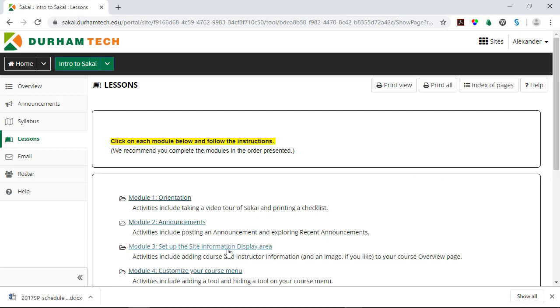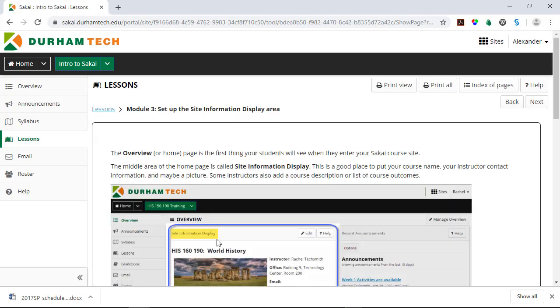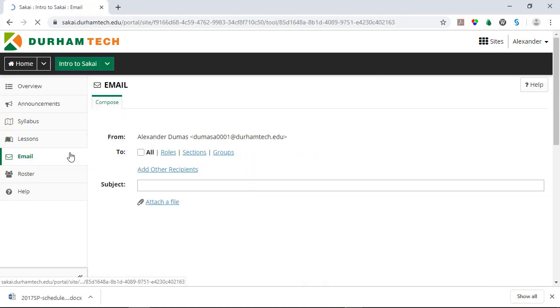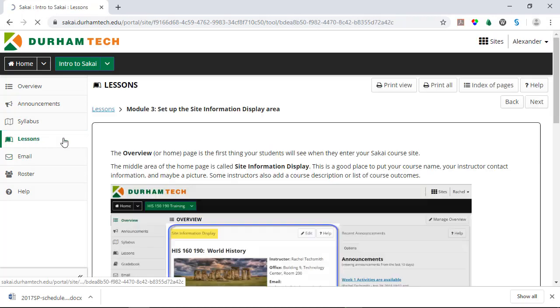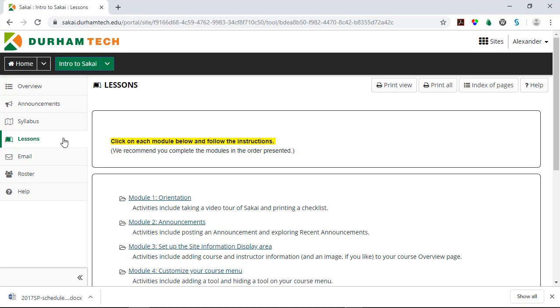When you drill down into an area, such as Lessons, and then you go to another tool and come back, you'll come back to where you left off. This can be handy, but it's not like most websites. Clicking the tool again on the course menu will reset it and take you back to the first page or the start page of the tool.